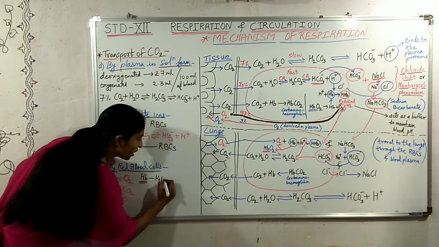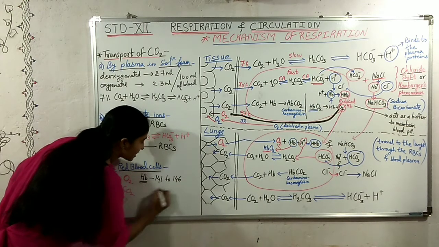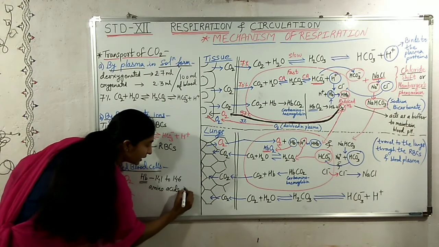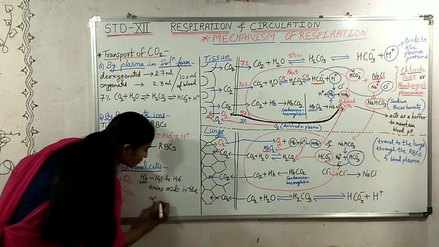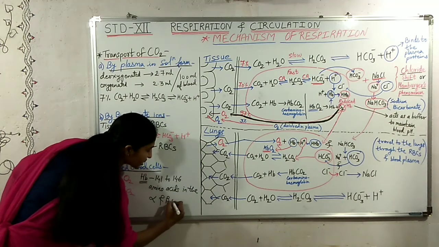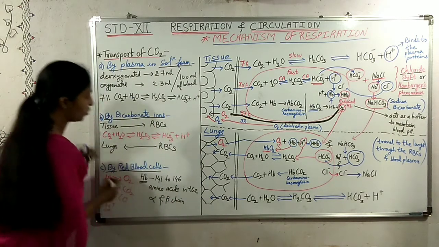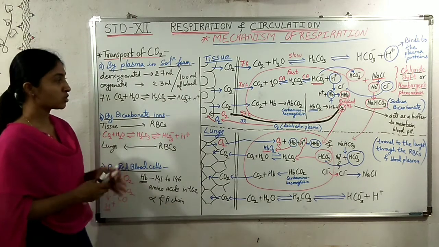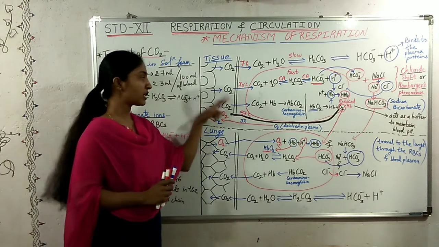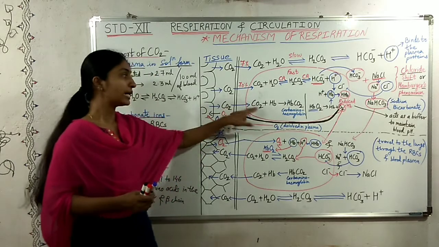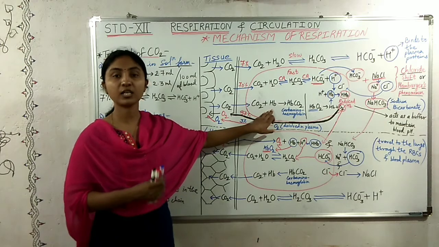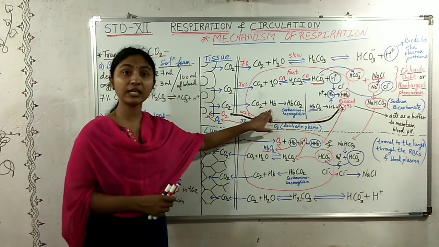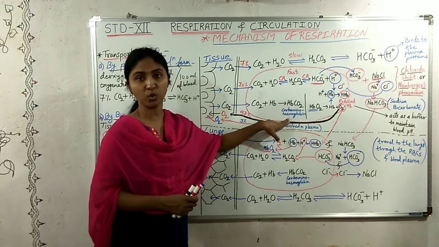About 141 to 146 amino acids are present in the alpha and the beta chains of hemoglobin. So, amino acids are present in the hemoglobin. So, this carbon dioxide, when it is given out of the tissues, what happens? It combines in the RBCs. It combines with the hemoglobin, the amino acids in the hemoglobin. It combines with it to form carbaminohemoglobin.